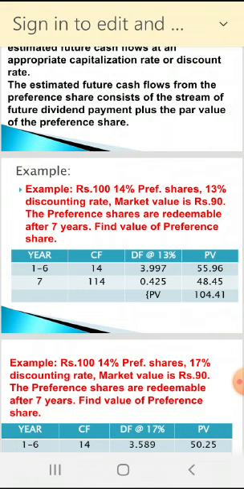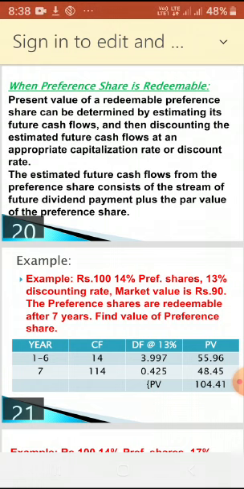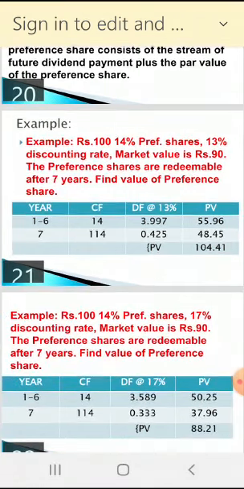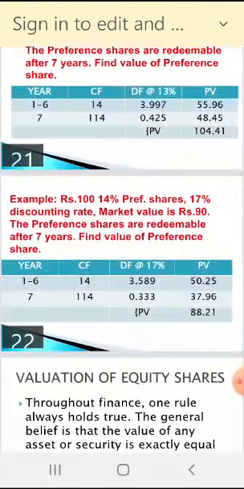But here we are using what? Dividend. The word dividend we are using here. So 14% preference share means that the preference share is carrying 14% dividend, not interest. A number of students make a mistake here. They use the words 14% interest. But it is not interest, it is 14% dividend, because preference share is own capital, not borrowed capital. Right? Now one more example I am taking to understand this.